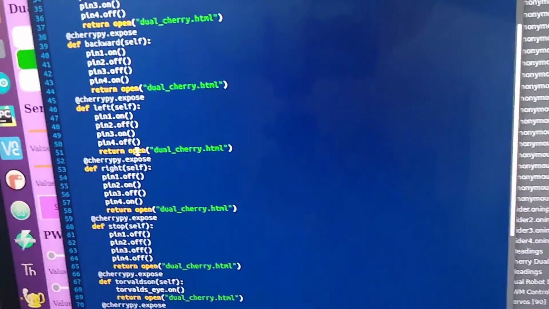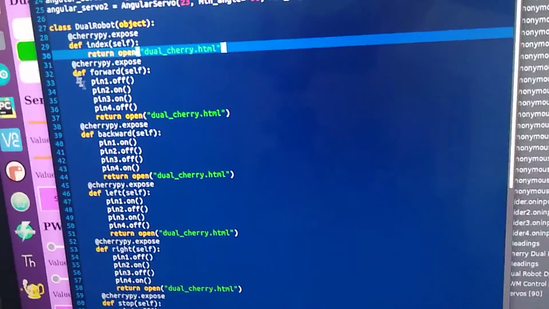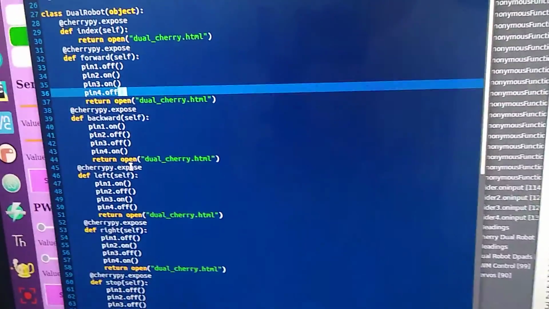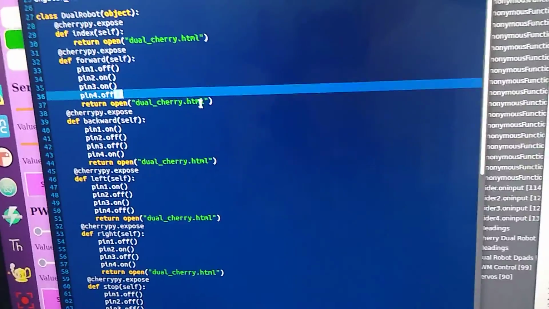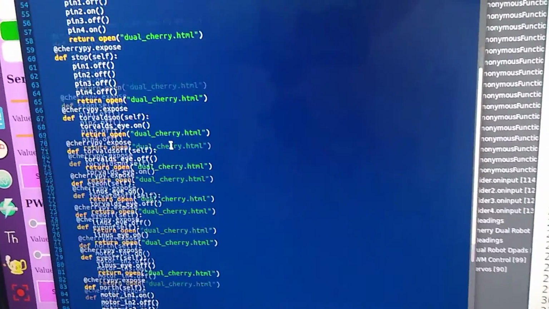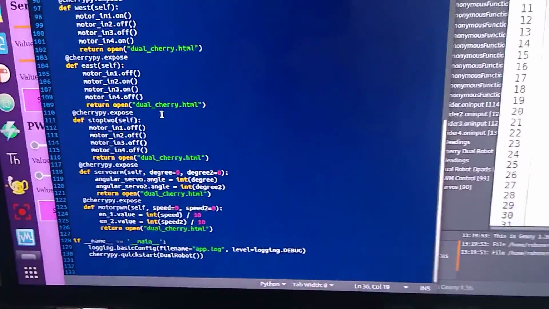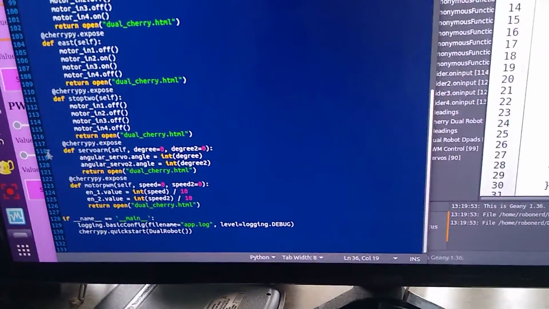And then for each function, I define a movement, such as this one, which makes the robot go forwards, backwards, etc. And they always return this because I want them to stay in the same web page. And that's the same for every single one. But in the bottom, I do have two